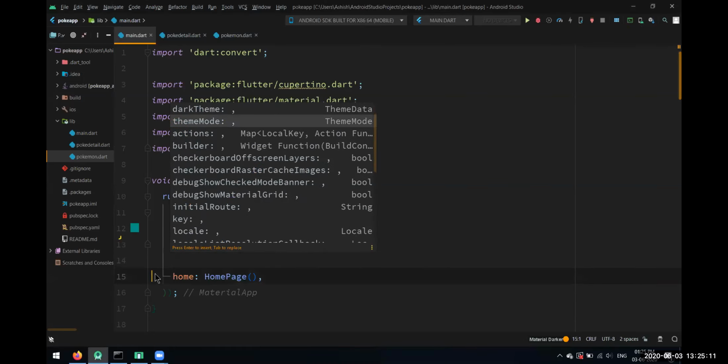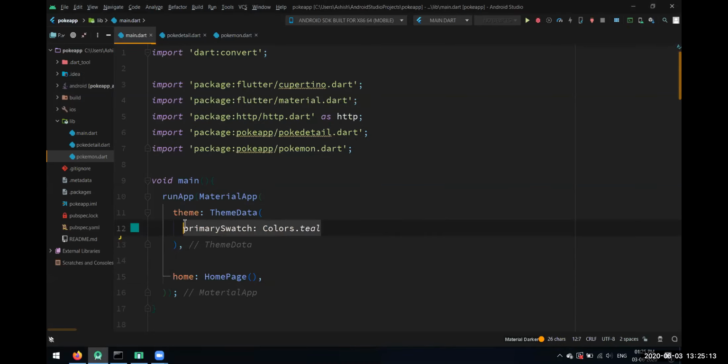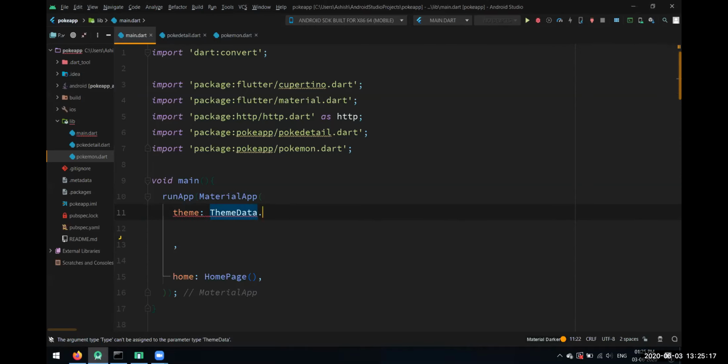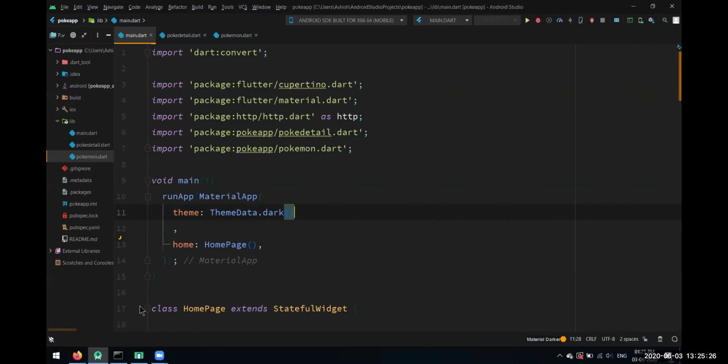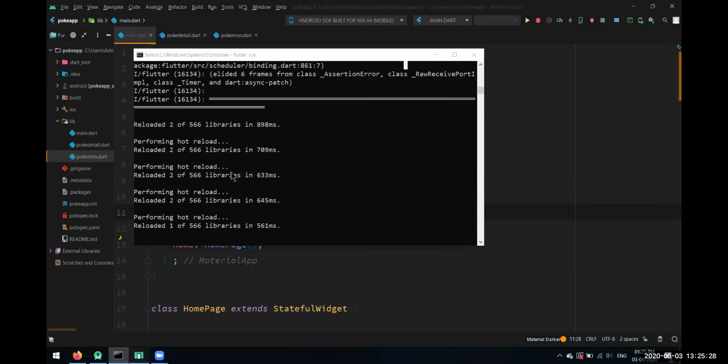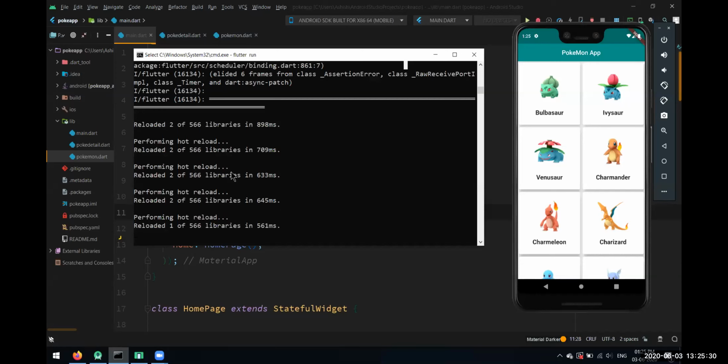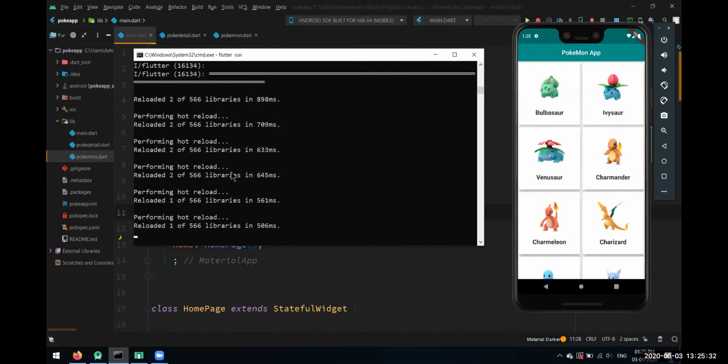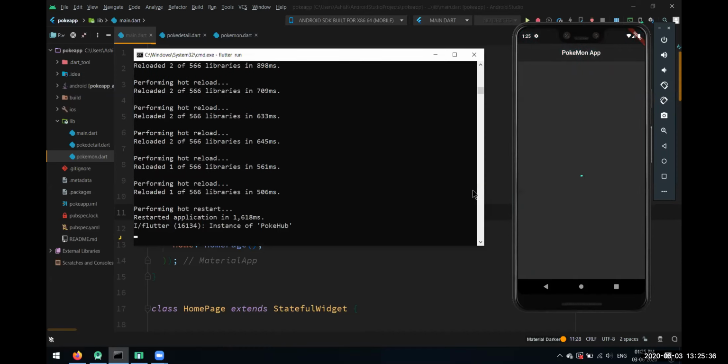In this theme property, instead of using this, let's remove this primary color and just do this dot dark. Just in this theme property, specify it as ThemeData.dark. This will do it. But again, yesterday we were doing a hot reload. The hot reload won't work for that. You have to do a hot restart. So it will build, and see, now it turned into a dark mode.